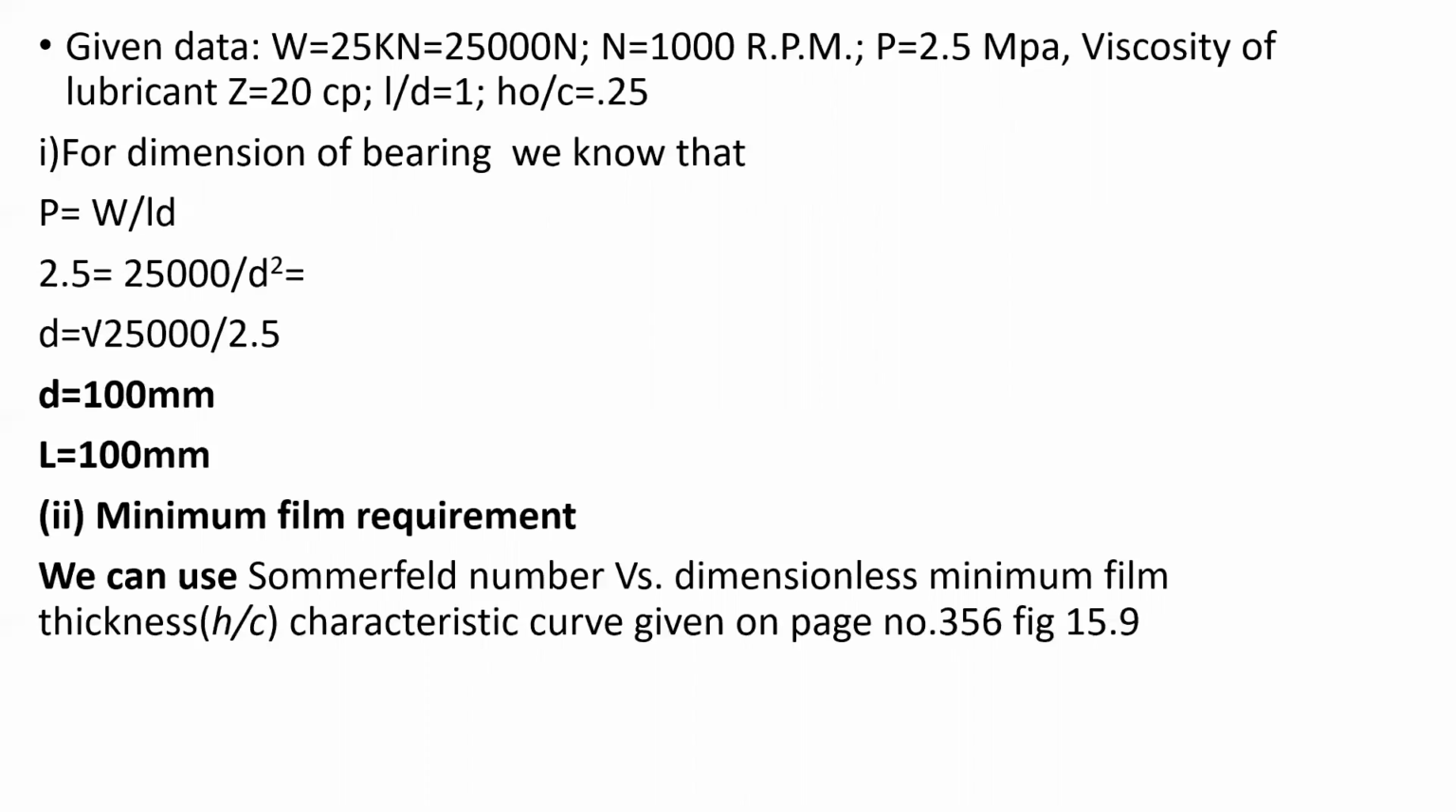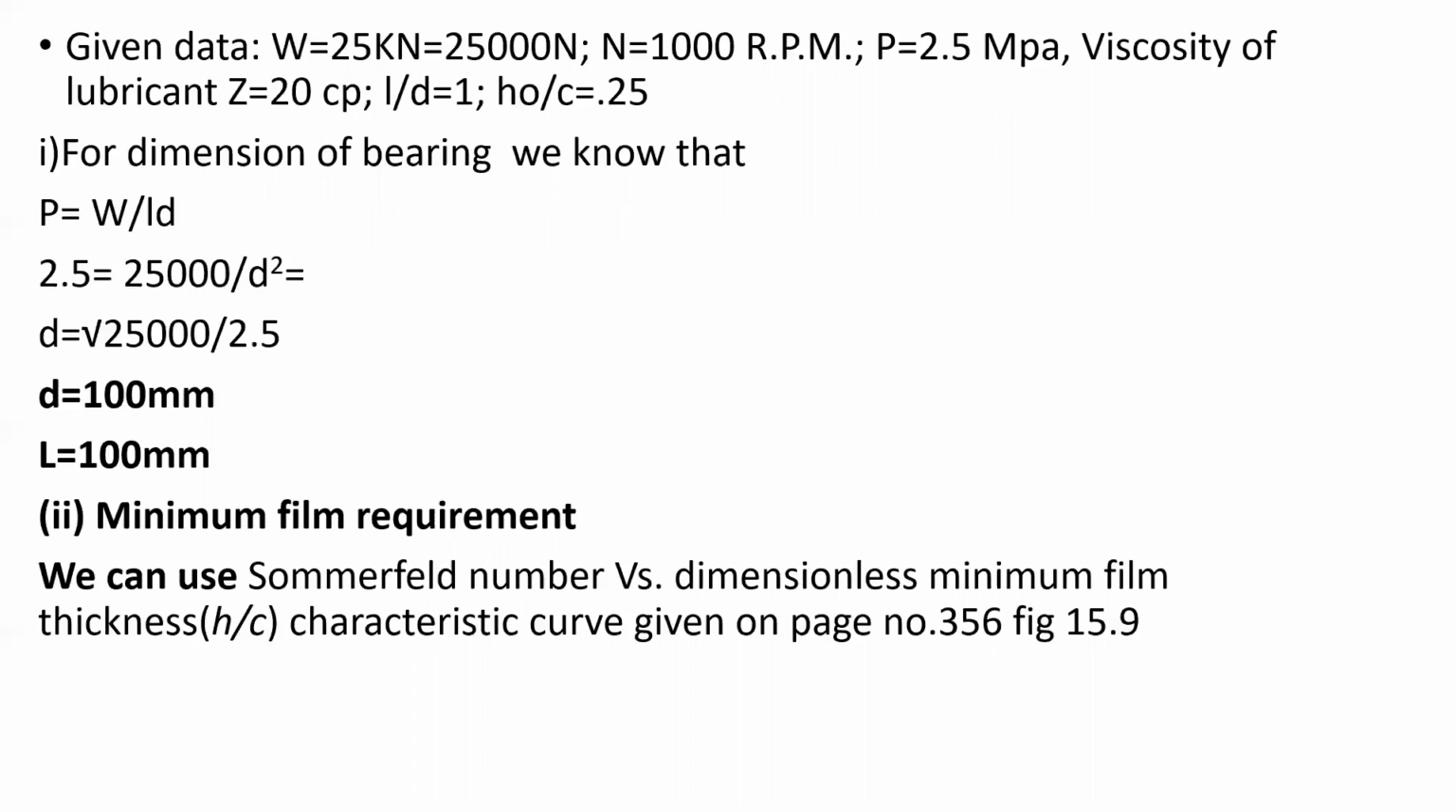For the dimensions of the bearing, we have to use the pressure. As we know, the pressure is equal to load upon the projected area of the journal, and the projected area of the journal is equal to L into D. So pressure is equal to radial load divided by projected area, L into D, and we have the L by D ratio equal to 1, so we can find the D value. The diameter of the journal comes out to be 100 mm, and the length will obviously be, as the L by D ratio is given as 1, equal to